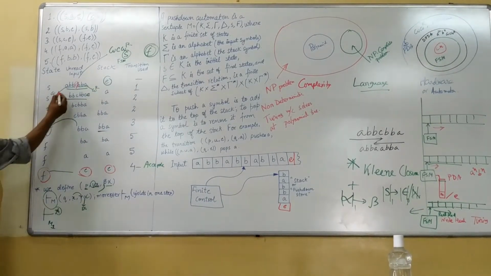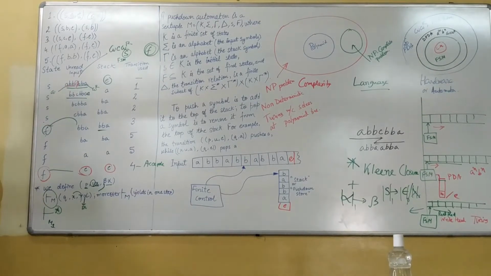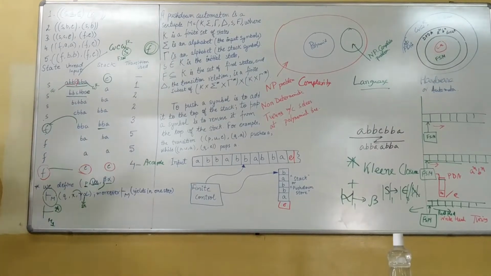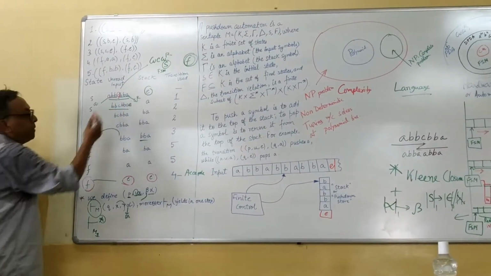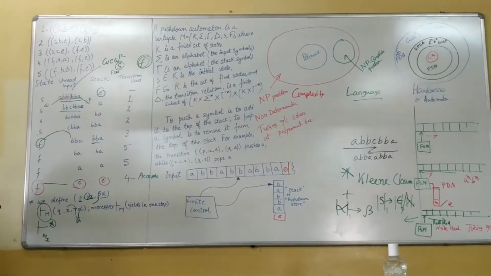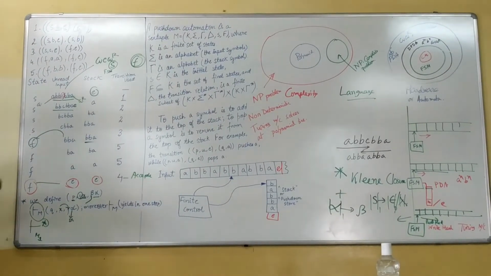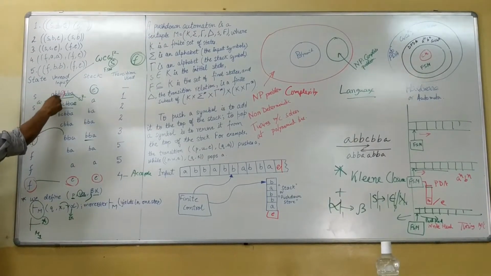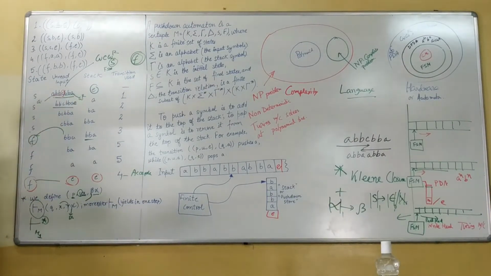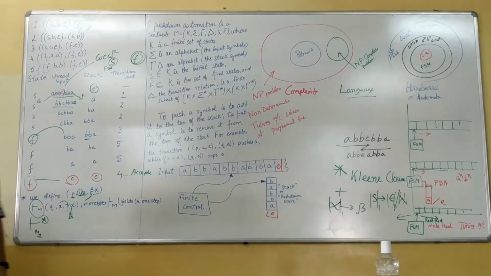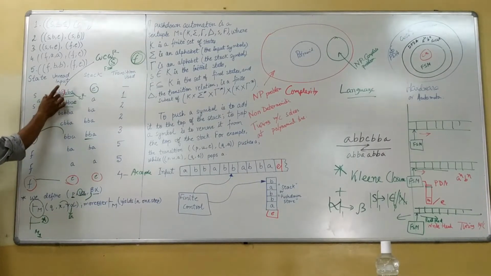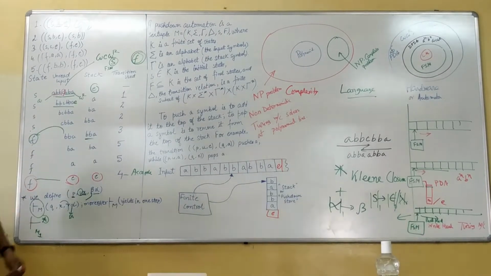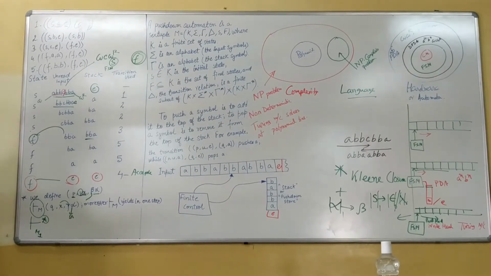So take the sample string ABB, and what should be the reverse? BBA, and the midpoint is C. So we want to see how ABB C BBA can be parsed by the finite state machine. To think about it clearly, it can be not only ABB but A, triple B, C, triple B. It cannot be accepted by an FSM because an FSM cannot keep track of how many things have been read. An FSM can only jump from one state to another state, but how many A's I got has to be